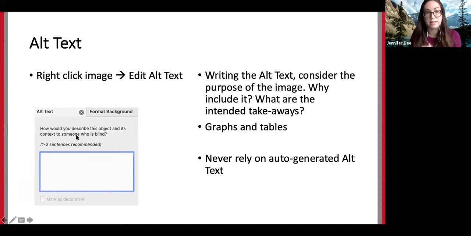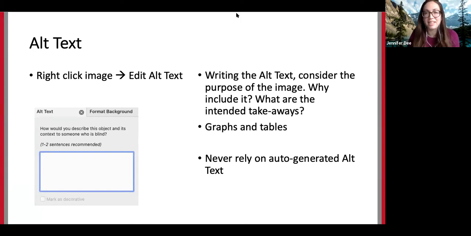So that context is still really key. And they're recommending 1 to 2 sentences in length. Down below, it's really light here, but you can see there's a box for mark as decorative as well. So for those images that you're just including because it's pretty or something, you can mark that as decorative.